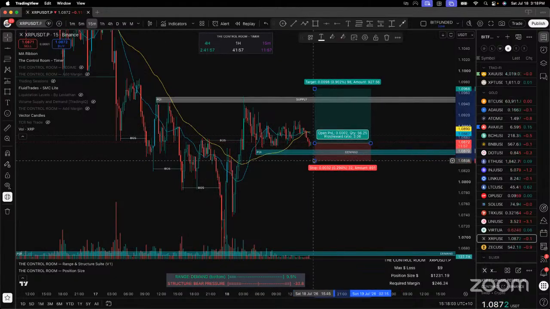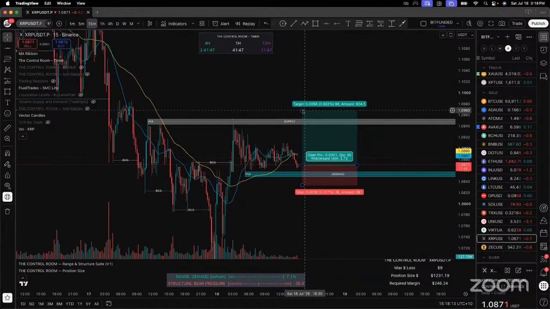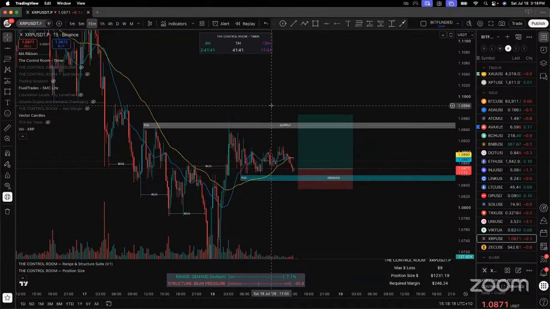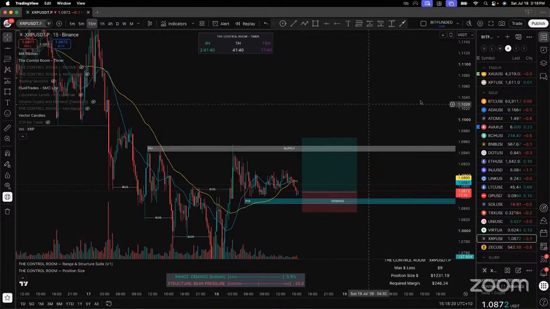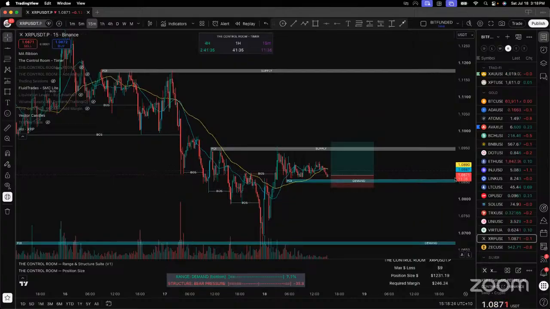You can take a scout entry now, but I don't think I'm allowed to tell you what to do. Just a reminder, it's not financial advice. But we want to take this trade, and like I said, TP1 would be here if we got in there and it worked. And leave a runner.